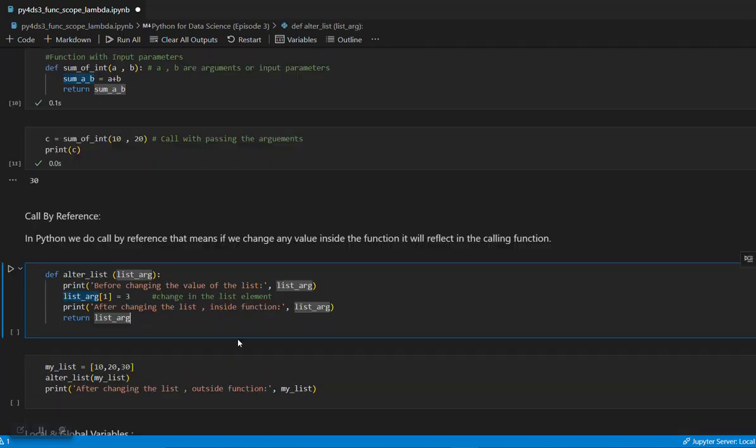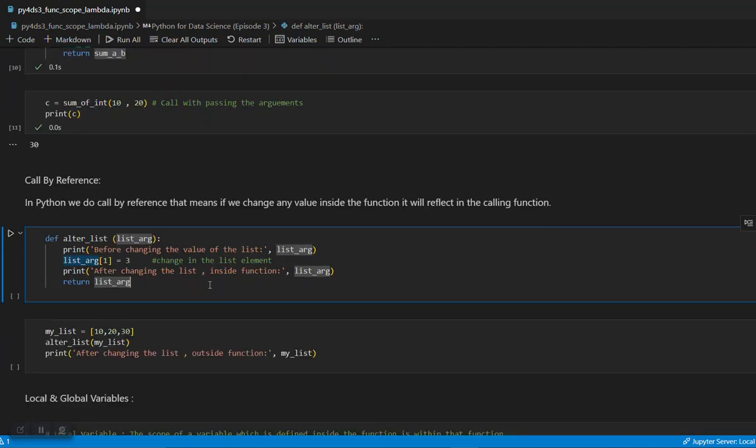Now in Python, we generally do call by reference, which means that we can change any value inside the function and it will reflect in the calling function, right? For example, I have defined a function which I have named alter list. Then I am accepting the argument, which is a list. At first, I'm printing the value of that list as it is.